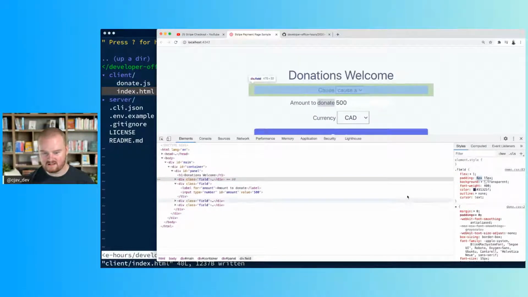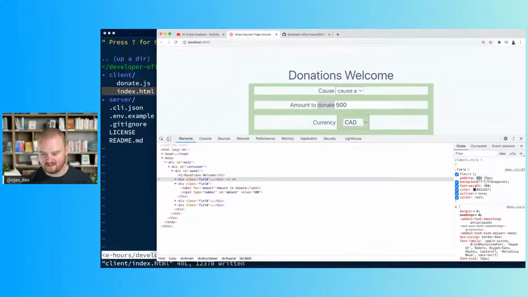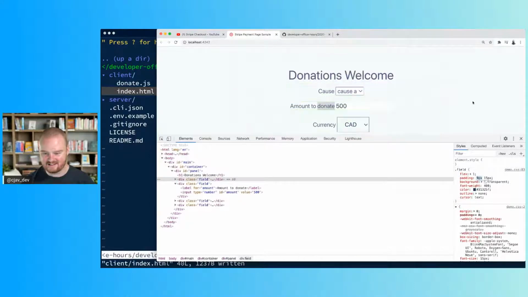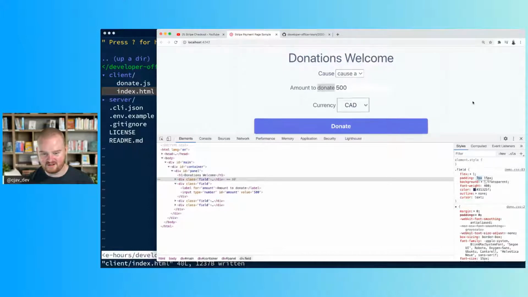So this is super cool. In the Chrome DevTools, you can just highlight something, and then you can use your arrow keys. You can do up arrow and down arrow until it looks like something that you would want. So I don't know. That looks pretty good. So I'm going to just